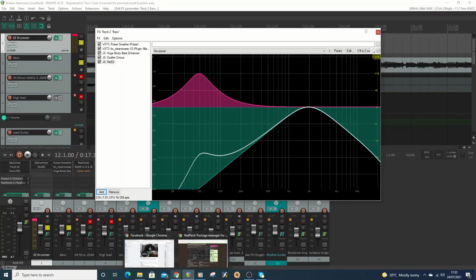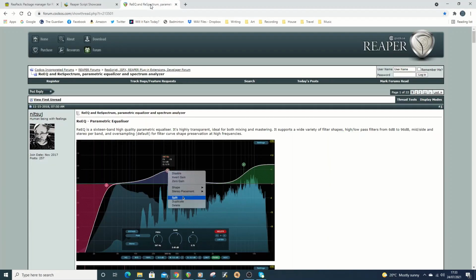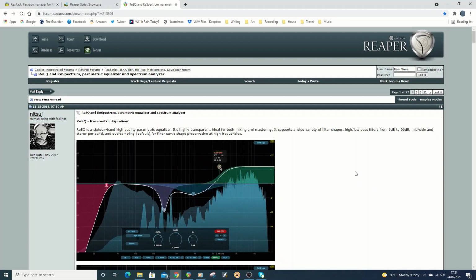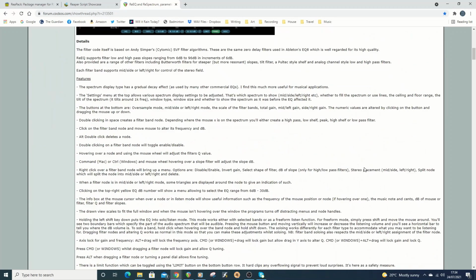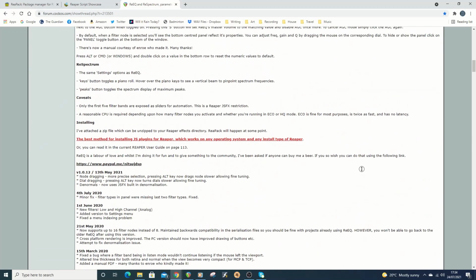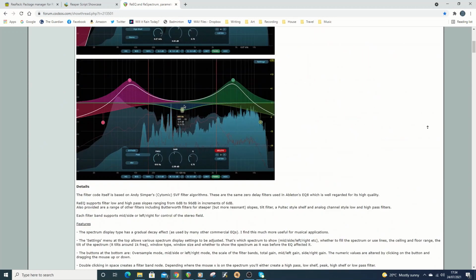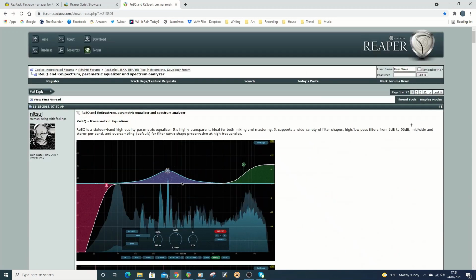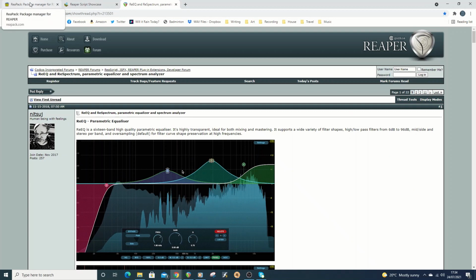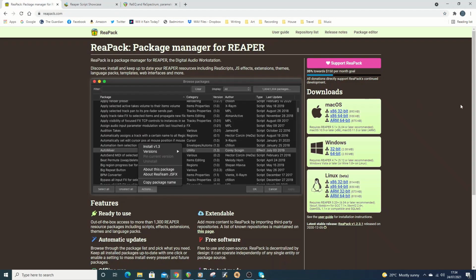So there's a link on the forum, the Cockos forum for Reaper, and it gives you a bit more information and some details on how to use it. But when you're adding new plugins, generally the best way is to go to ReaPack. That's reapack.com, and then you just download whatever files you need. So for me, it'd be Windows 64, and then you go into Reaper,